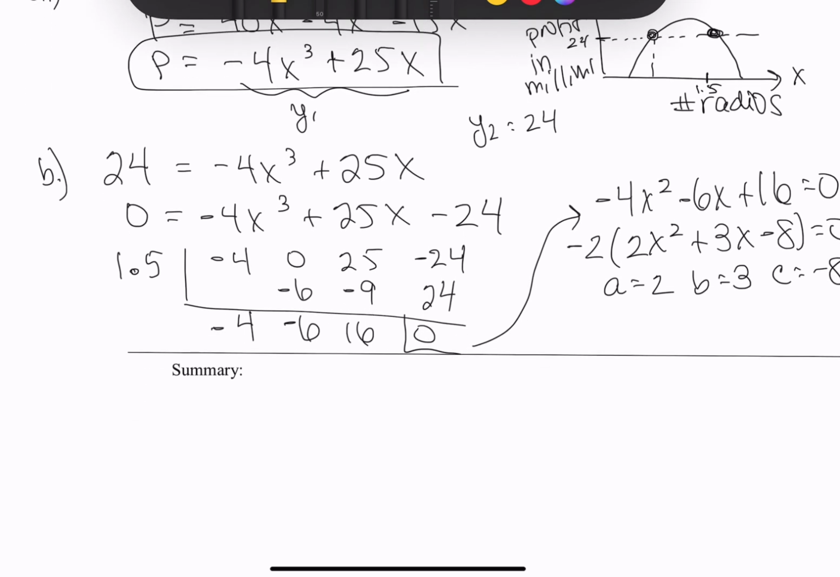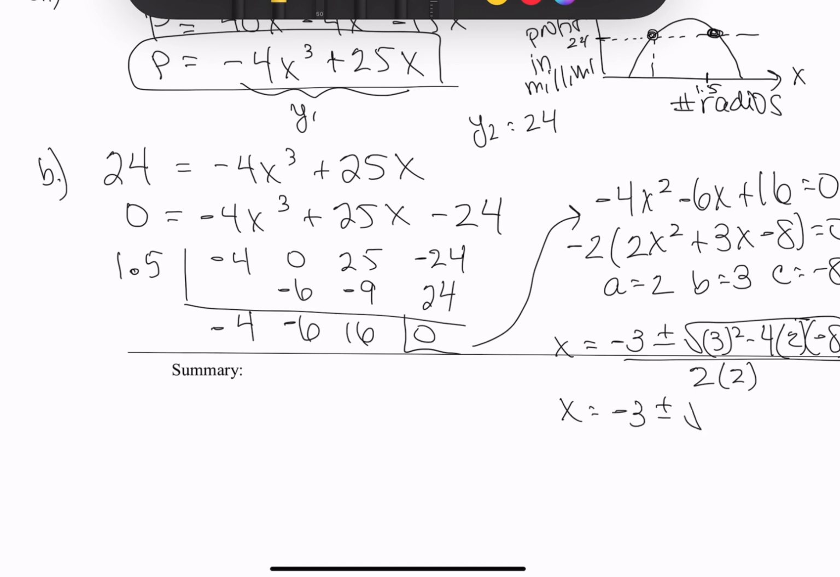Okay, so using the quadratic formula, I can find my other roots. I'm going to find that x is equal to negative b, negative 3, plus or minus the square root of b squared, which is 3 squared, minus 4 times a, which is 2, and c, which is negative 8, all over 2 times a, or 2 times 2. So we're going to have negative 3 plus or minus, and this will be 9 plus 64, all over 4. Now I don't want any negative values here, okay? So when I actually put this into my calculator,